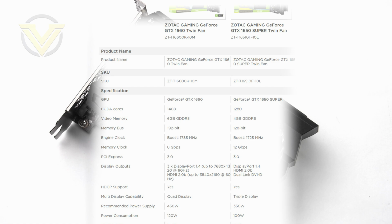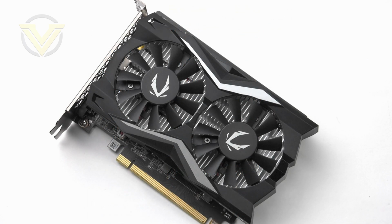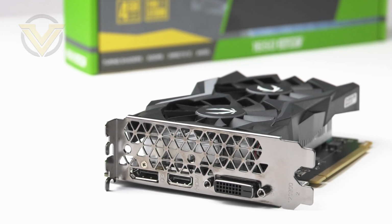And so up against the 1660, this 1650 Super has less CUDA cores, less VRAM, and a slightly slower GPU boost. However, the Super is using GDDR6, and so even though we get less capacity, it is faster. And as can be expected, this card is also PCI Express 3.0 compliant, it is DirectX 12 ready, and it supports OpenGL 4.6. Our card will occupy 2 spaces on your board and case,